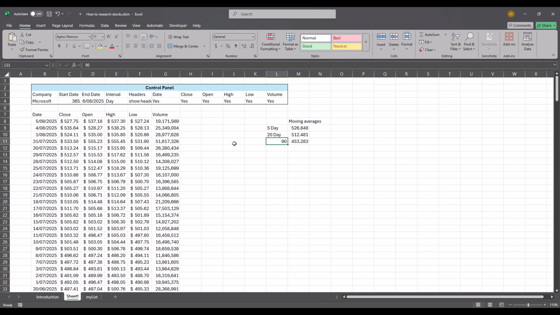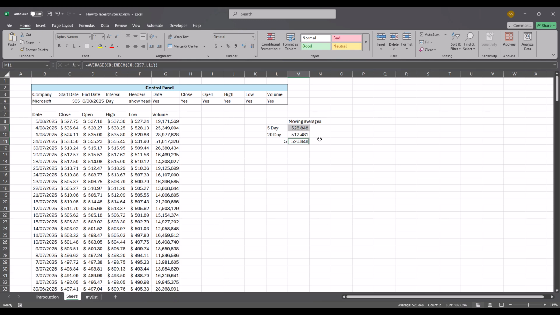Now, given that we have the 5-day moving average up here in cell M9, if we change the value in cell L11 to 5 days, the corresponding moving average should be exactly the same as the one above. Let's go to L11 and type in 5. And yep, it matches